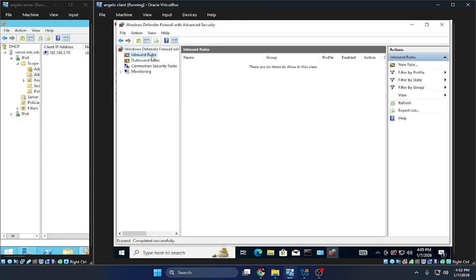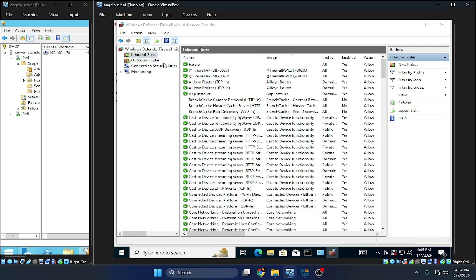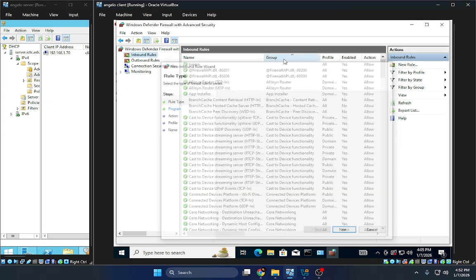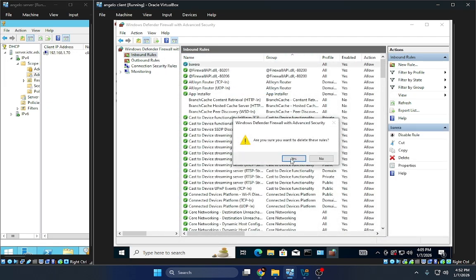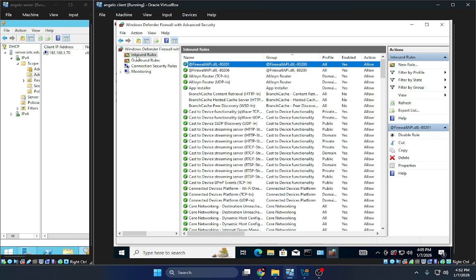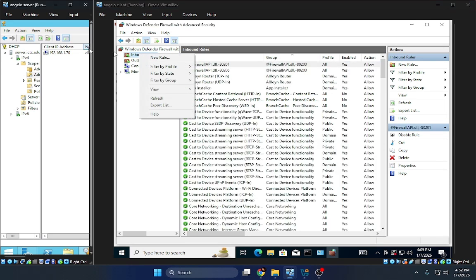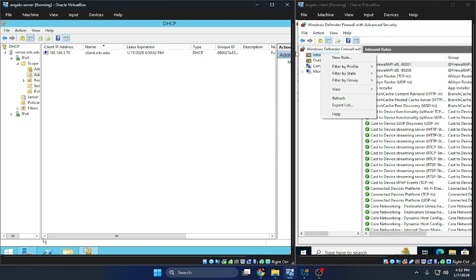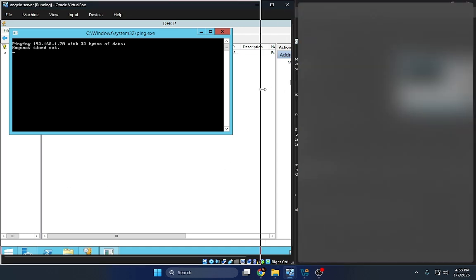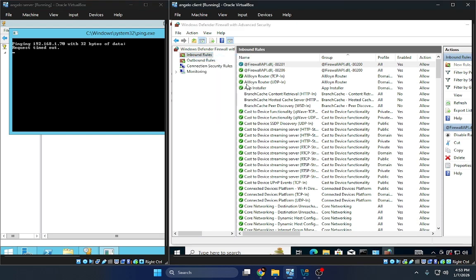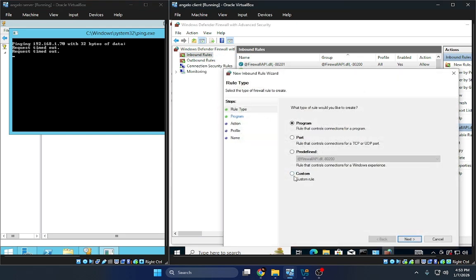So next is verifying the DHCP and domain. After the restart, the client should now be part of the domain. Back on the server, I open the DHCP again, check the address list, and here the client has received the IP address and the name shows something like client.icpc.edu. That confirms the DHCP, DNS, and Active Directory are working together.